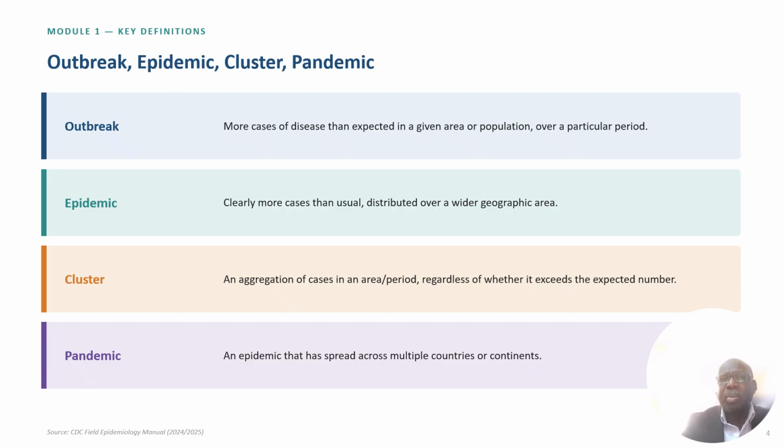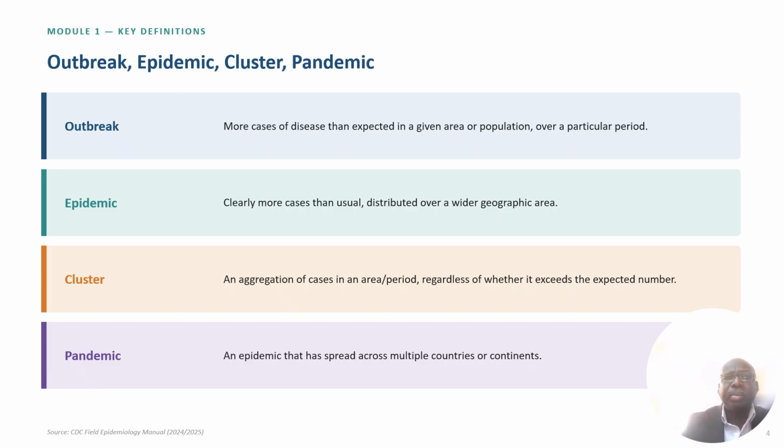It means unexpected cases in a small group, like food poisoning among people attending a wedding. This is an outbreak because it is within a particular time, from Thursday to Saturday, in a particular population, those who attended the dinner. And it is unexpected because we cannot expect these types of food poisoning among our hospital admissions.